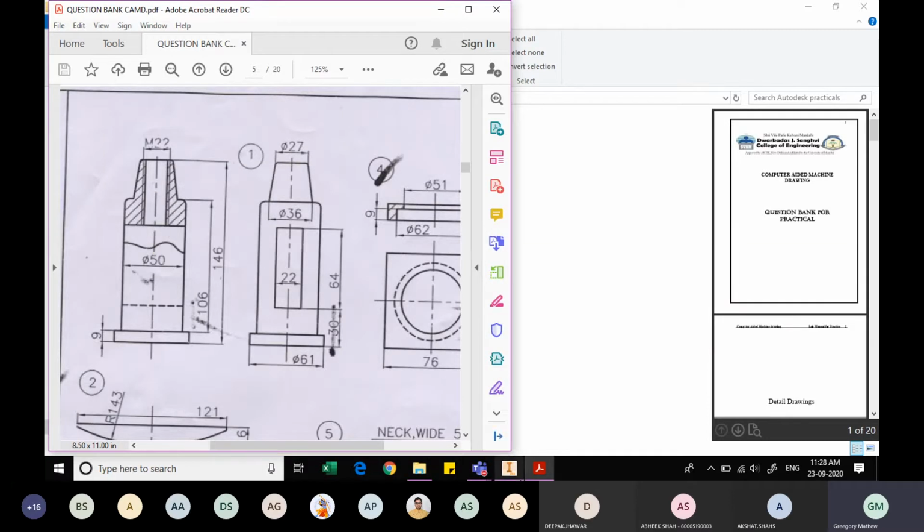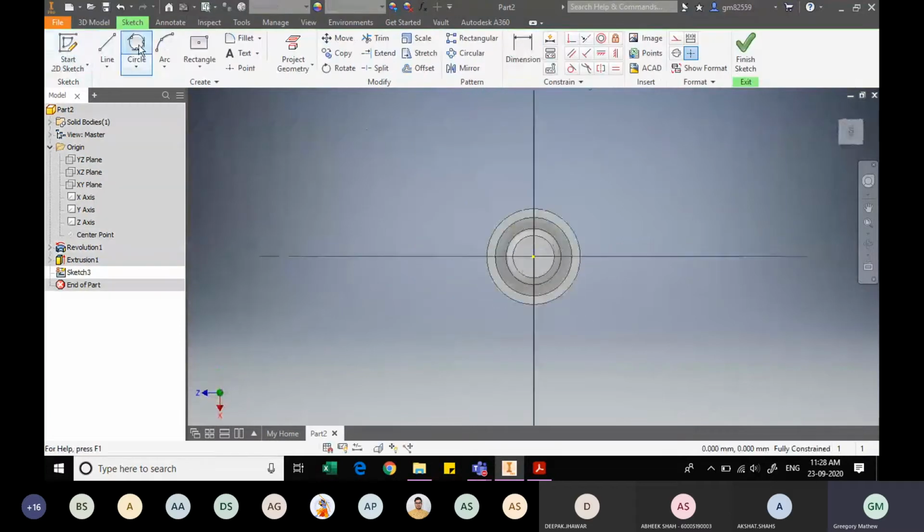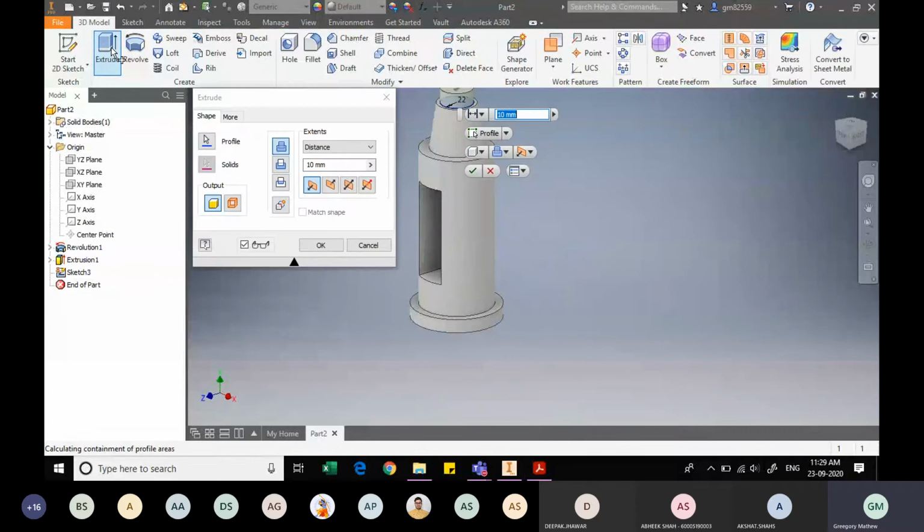rectangular slot as shown. So going back to the top face of the tapered cylinder, we will draw a circle. Let us use the circle with center point command, and I will indicate that this is the center, and the outer diameter of the circle is 22. Once we have done that, I will finish the sketch and we will extrude it downwards. Now if you see, the material is being extruded upwards, so we want it to be cut. So I will select the cut command so that automatically it will go downwards, and we can use the various options that are available.